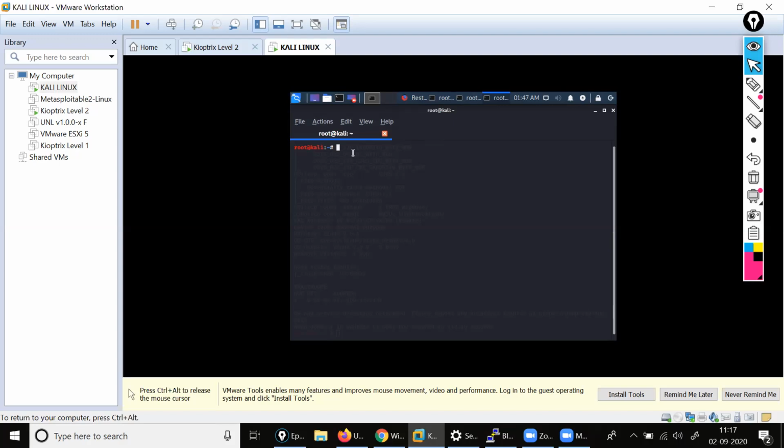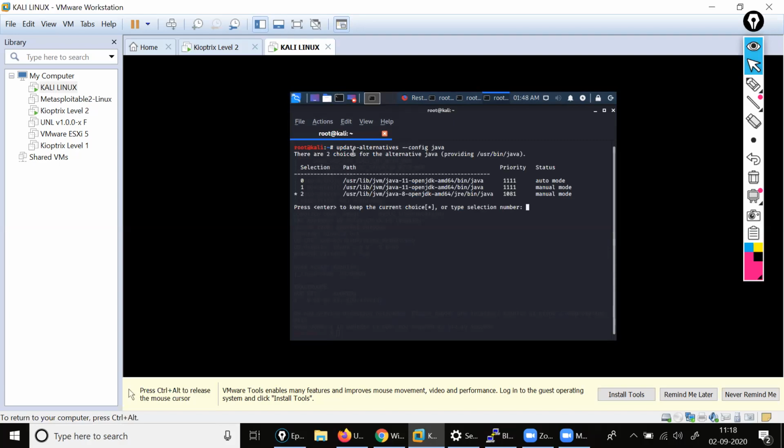For that purpose, what I will do, I will come and write the command update. On that day also I showed you, I told you to update it. After that, you will run update-alternatives --config java. Okay, and I need which one? The second one, right? 0, 1, 2, and the star mark is showing. Where is the star mark? That's the one you need to update. It's updated.